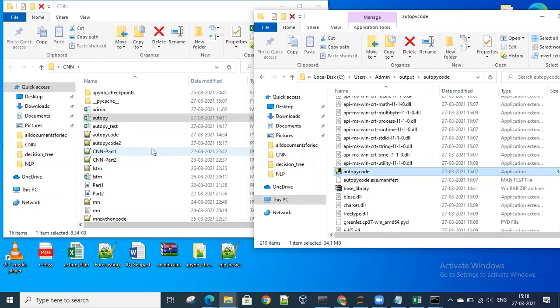There might be some error or restriction, because these executable files can be very harmful for the system. For example, I make a code with the help of which I can delete the entire desktop items and I send it to somebody else, and the person clicks and the items will be deleted. So these files are sometimes harmful for the system as well. That's why hackers use these files to hack the system.